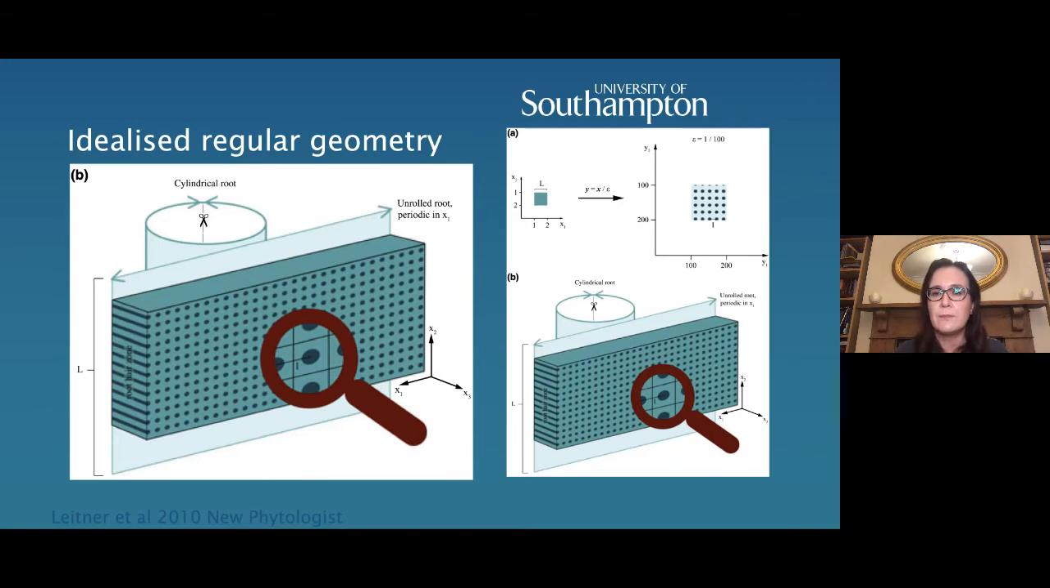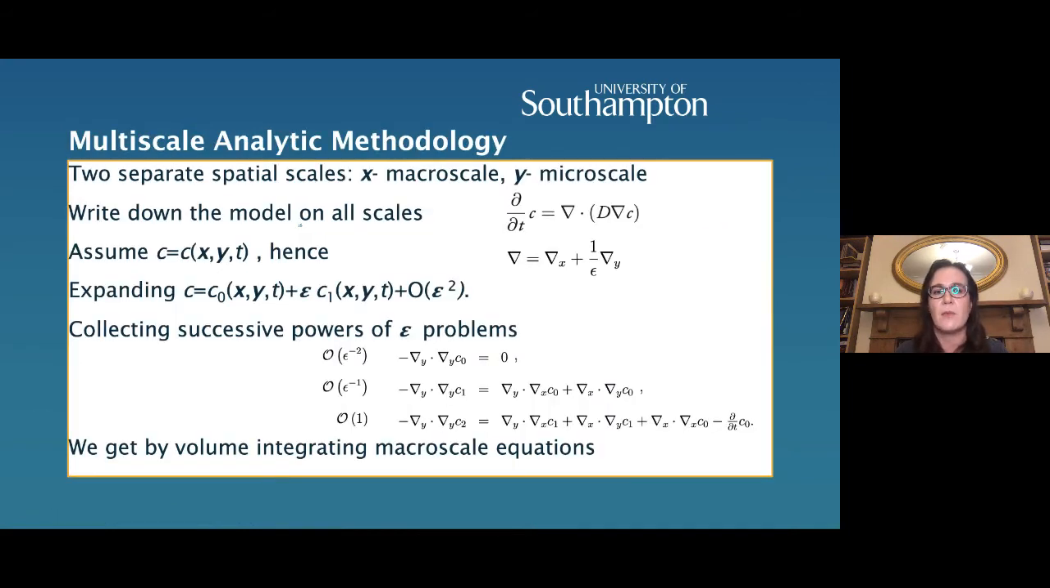To recap how that roughly works, we separate the scales. So we have the macro scale, which is the soil length scale, and then we have the micro scale, which in the case of root hair is the size of the root hair. We write down the model on all scales, but obviously when asking questions on a field scale, there's no point in modeling every single individual hair. So we then take this model that is valid on all scales, and we use asymptotic